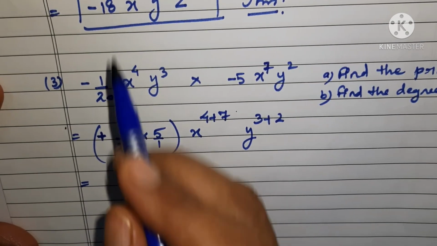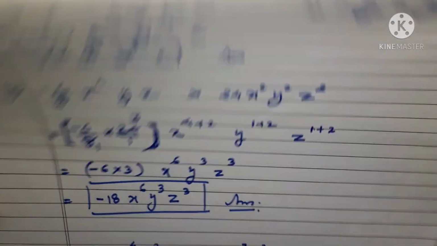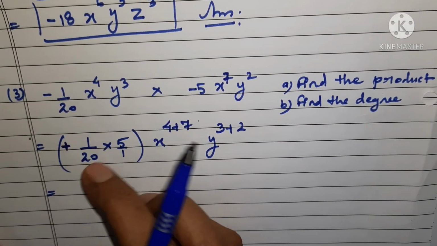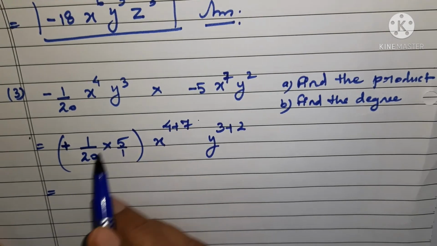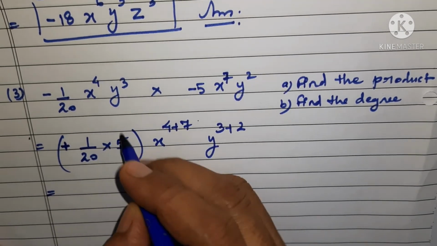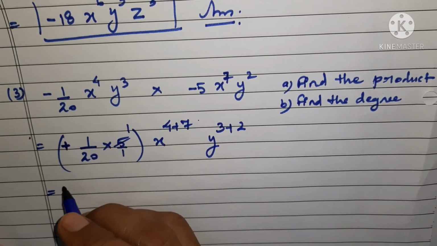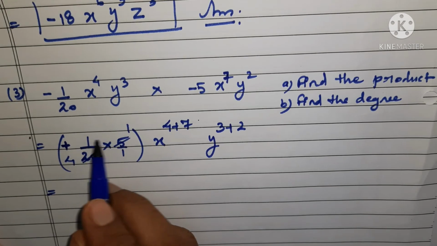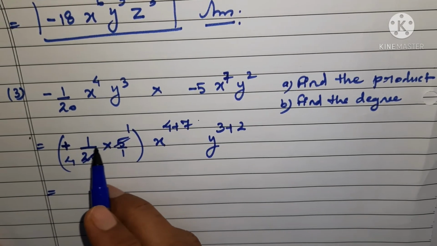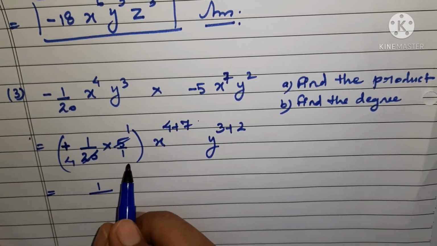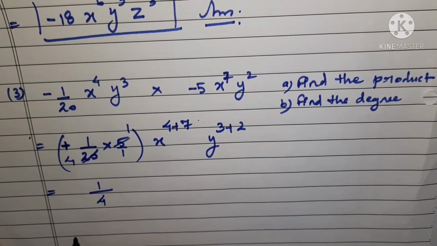As I told you in the above case also, either do cross cancellations if possible or do the vertical cancellations. Here we have no option for vertical cancellation, so we are going to do the cross cancellations. So it is 5 1 times and this is 5 4 times. What are you going to get? Numerators are 1 into 1, that is 1 only, and in the denominator you have 4 into 1, that is 4. So here you are getting the answer as 1/4.